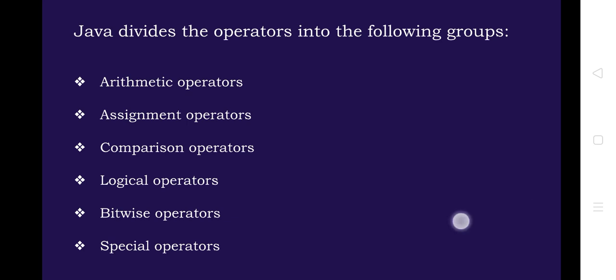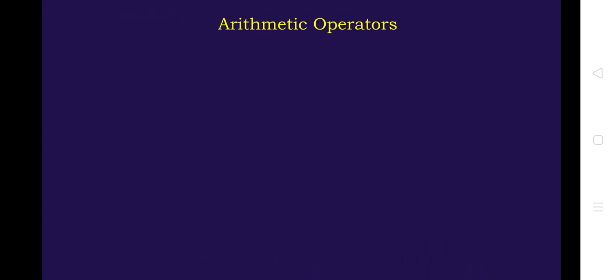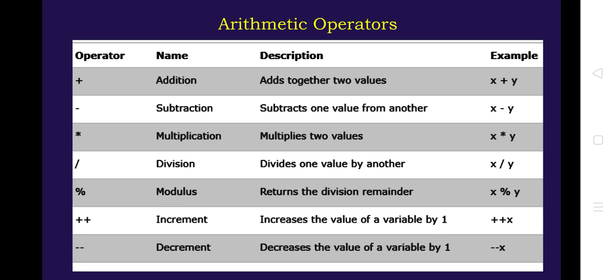We know that the arithmetic operators are basically addition, subtraction, multiplication and division. So this is the chart that depicts the arithmetic operators: plus, minus, multiplication, division, modulus, increment and decrement. The explanation is given as: for addition it adds the numbers, x plus y, and for subtraction it is x minus y, multiplication x into y, division x slash y, and modulo x modulo y, and then this is